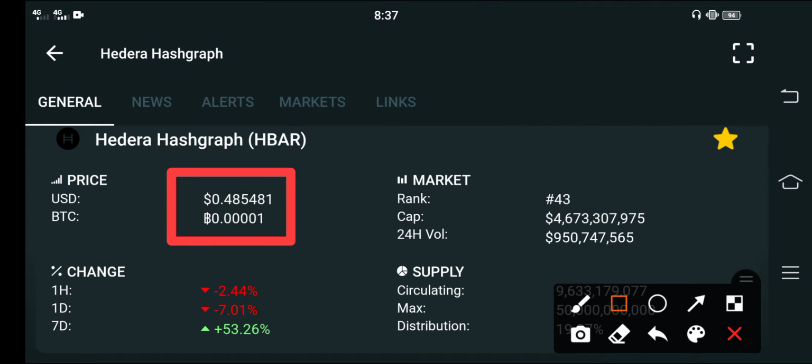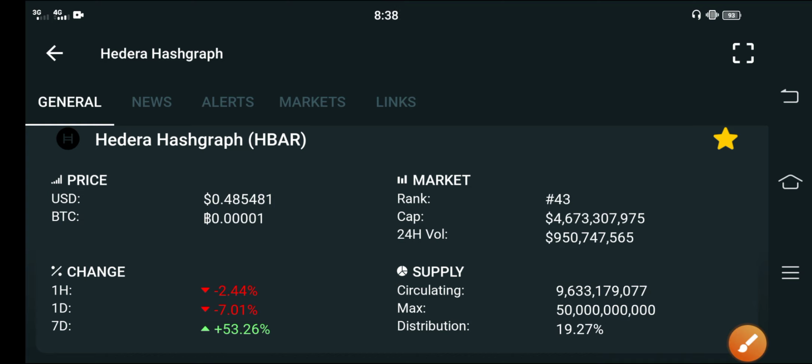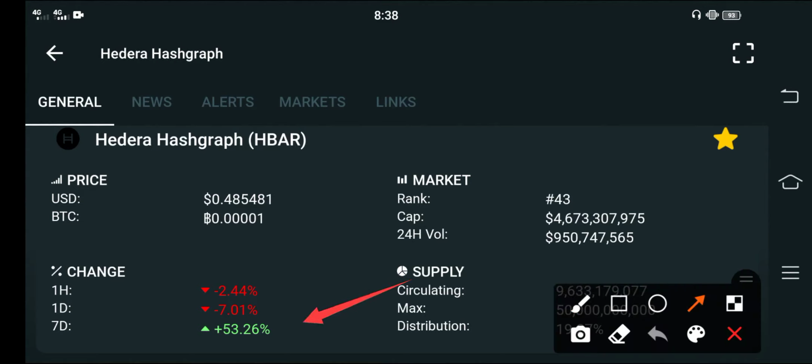Furthermore, guys, if we talk about the price changes that occurred, you can see here that the latest changes of Hedera Hashgraph are going negative. You can see the last 1 hour and last 1 day changes are going negative. I'm very sad that the changes are going negative. But on the other side, guys, if you look at the last 1 week change of Hedera Hashgraph,